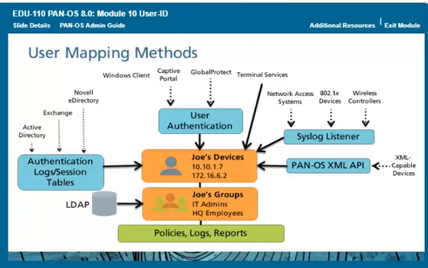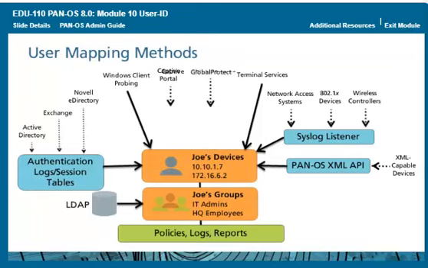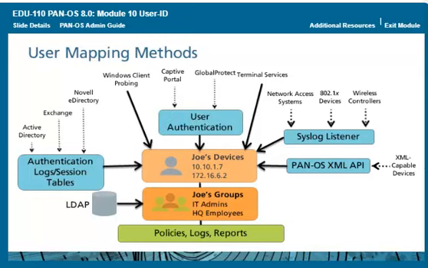User ID probes Windows systems to verify current user mappings and to discover new IP address to user mappings. User ID acquires username information from captive portal web forms and login events on GlobalProtect client machines. User ID maps IP address and port number combinations to usernames for Microsoft Remote Desktop Services and Citrix Presentation Server,